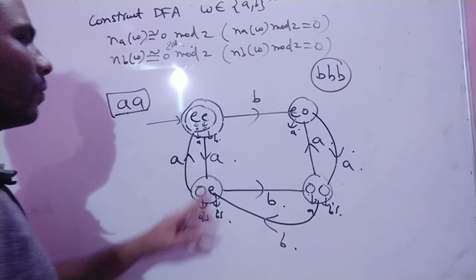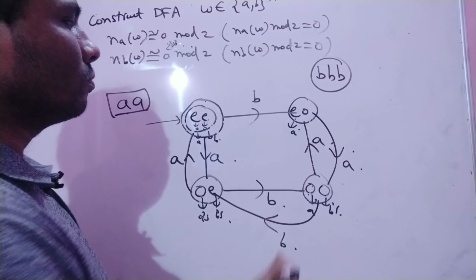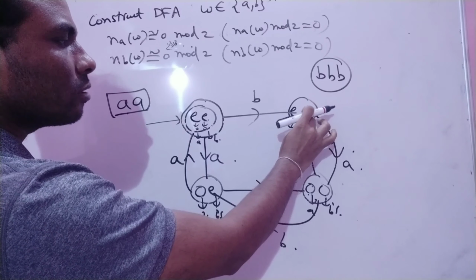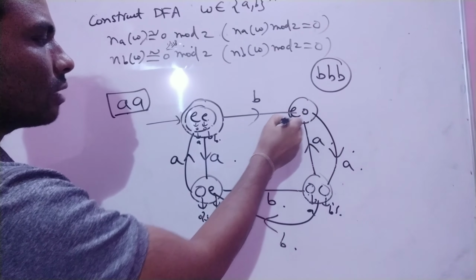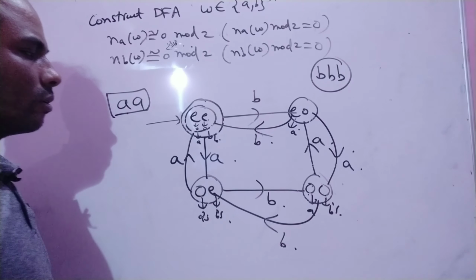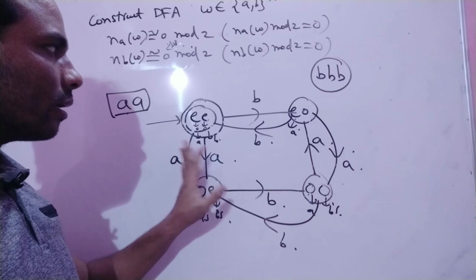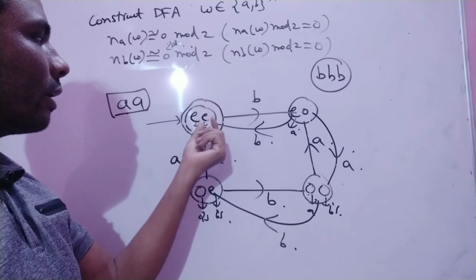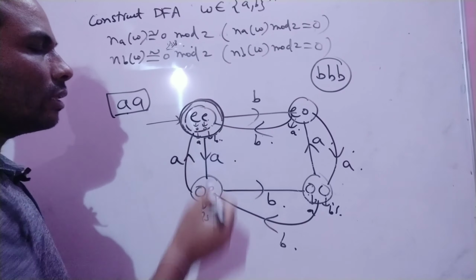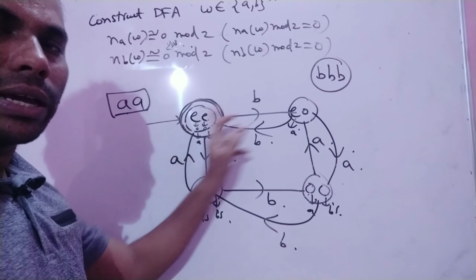What about this? In this you are applying A, but if you are applying B, what will happen? Previously number of A's are even. If you are applying one B, this also becomes the even number. So even combinations like this, you will get like this. If you are applying B, right? So this is the complete diagram. We are expecting here even and even. If finally it is reaching to even and even, then only it is going to accept. The remaining all the cases are not going to accept, right?